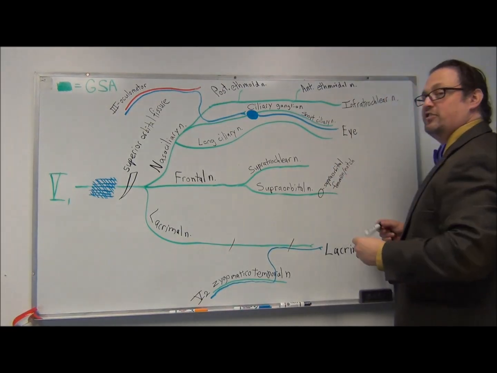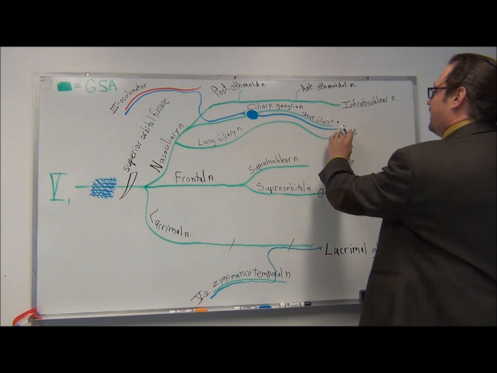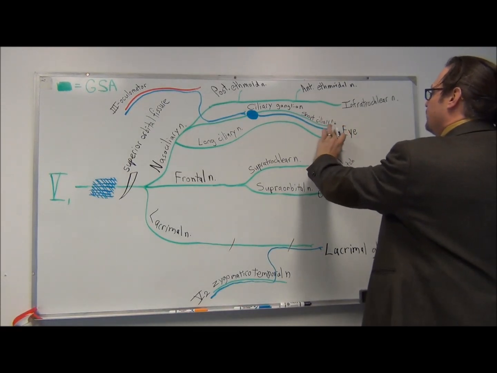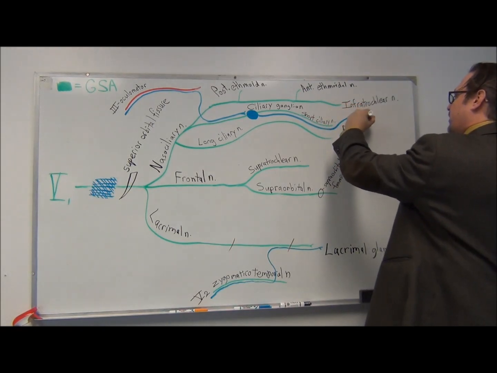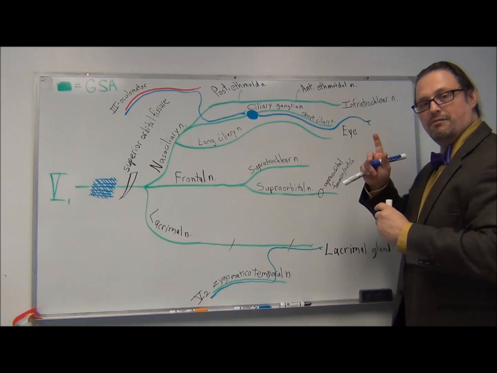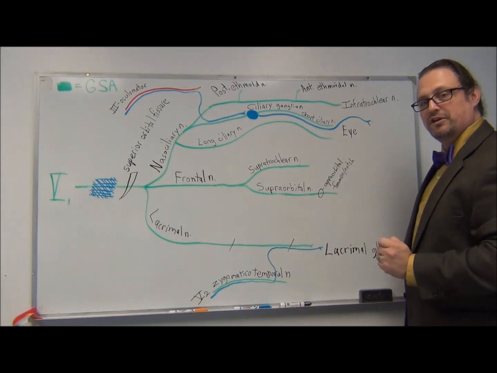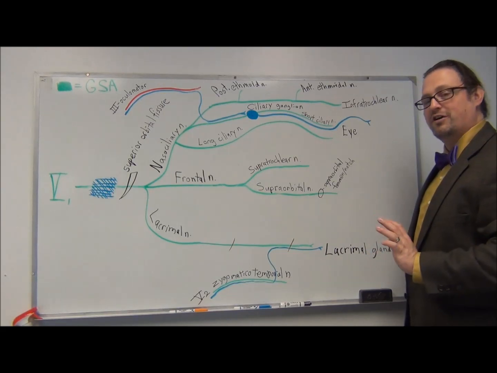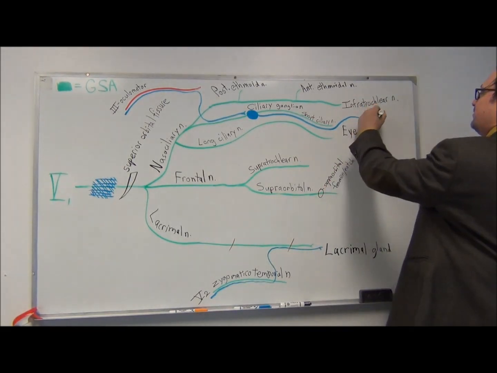Now that's all good, except if you've seen the autonomics talk, you know these parasympathetics don't go to the eye itself. They're going to some smooth muscle bundles of the iris and the lens called the ciliary body. And I've described those in a lot more detail and done a lot more talk of their function in the autonomics of the head and neck video, so we're going to skip that for right now, just to mention that